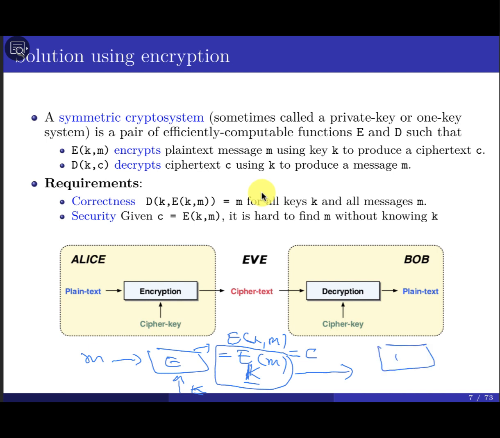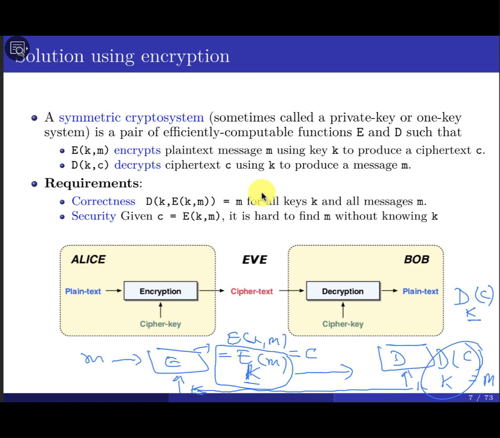The decryption here is another algorithm, but we're going to use the same key. So this K and K are the same. This one must reverse the operation. So it's going to take the C, then perform the decryption using the same key, and hopefully this one is going to produce the same message. Okay? So this is the mathematical notation for how to perform encryption and decryption. Yeah, by the way, this one is the decryption, the C, and use the K here.